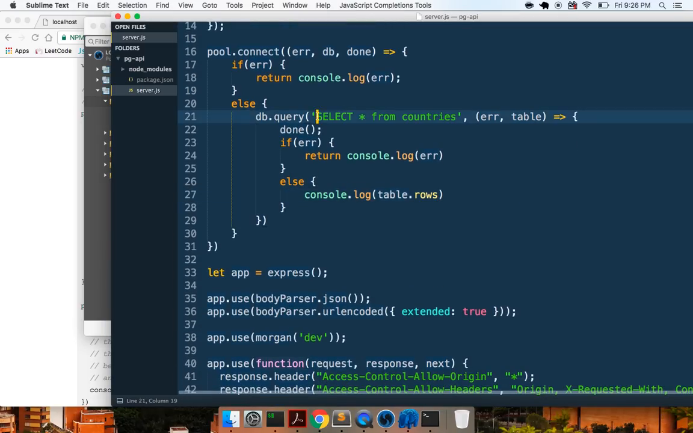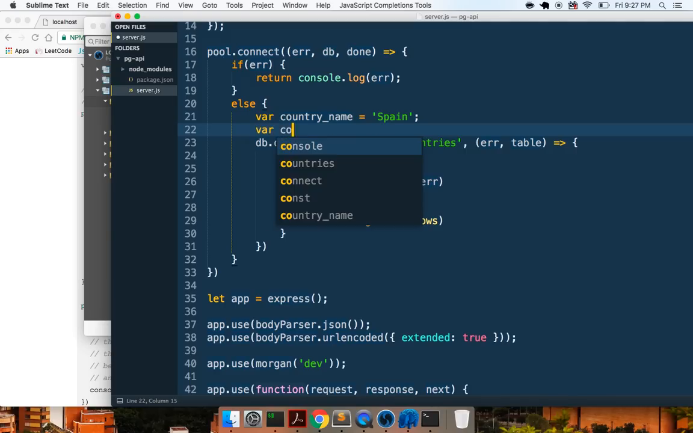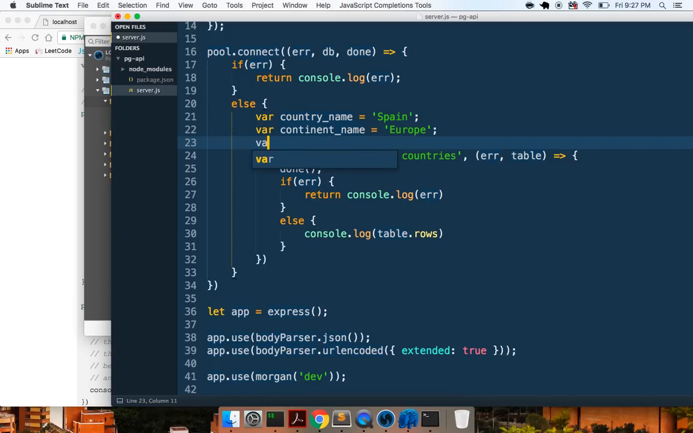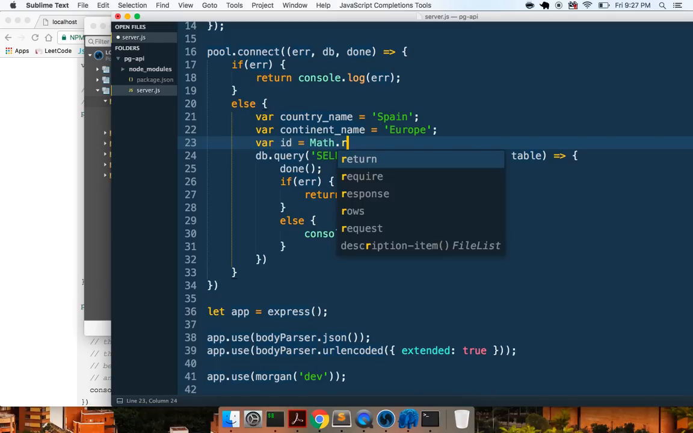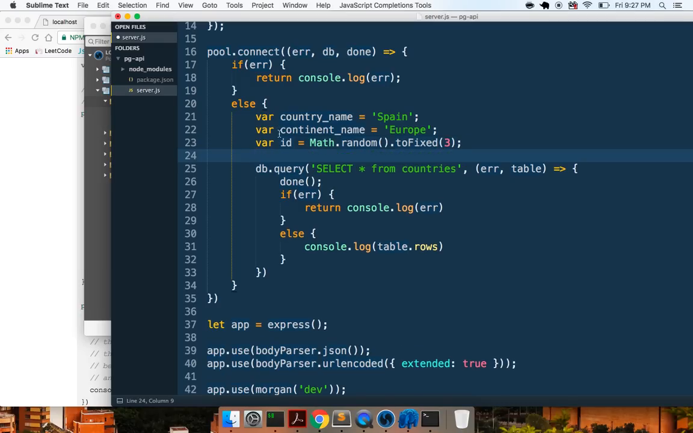I can insert into countries actually, so I can build out. I'll show you guys this. Let's build out some data, and I'm going to say var country name is equal to Spain. Var continent name is going to be equal to Europe, and then var ID is going to be equal to Math.random toFixed 3 places, and again, it's not the best way to get a random number,